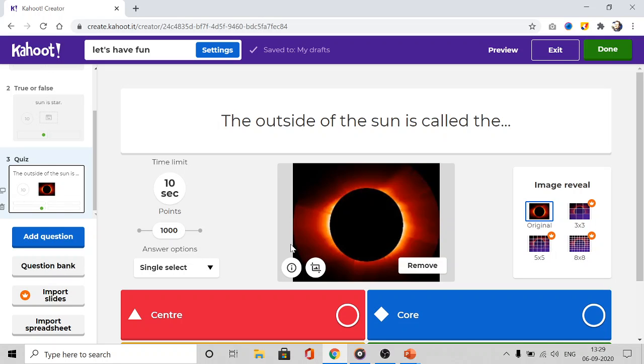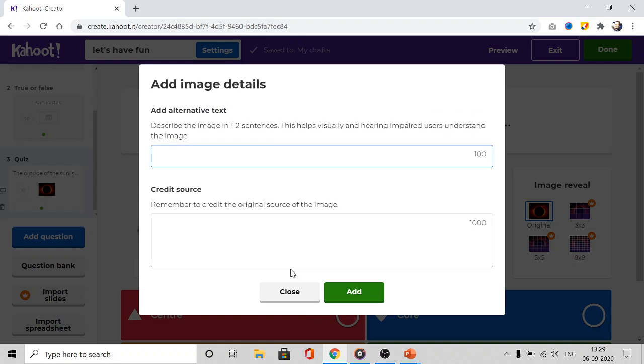Image with an imported question can be further edited, like the image detail can be edited. You can add alternative text and you may credit the original source of the image if the image inserted by you is not copyright free.